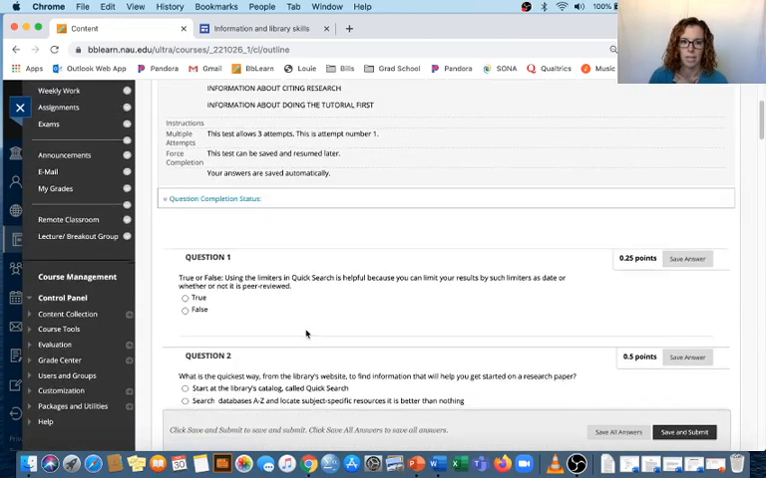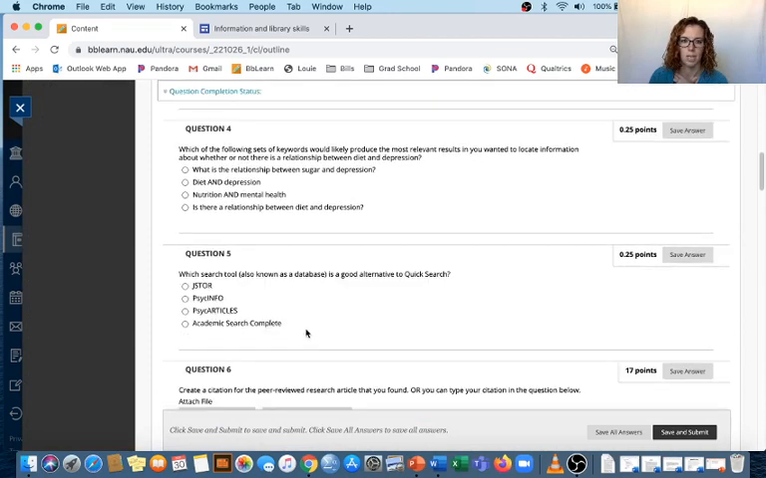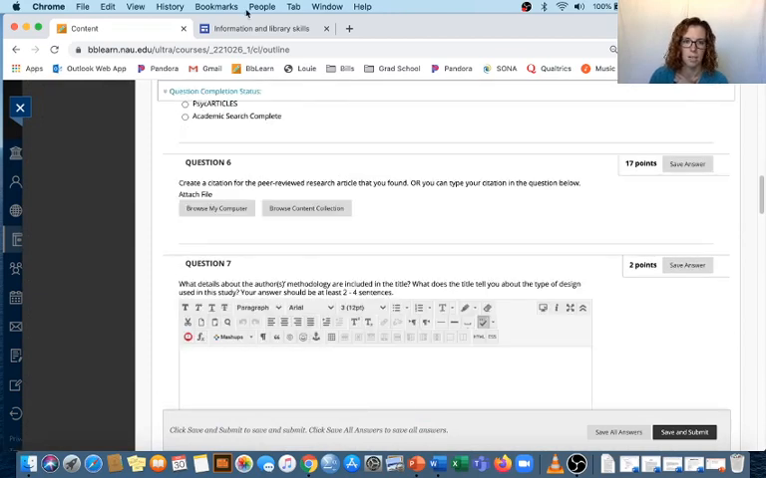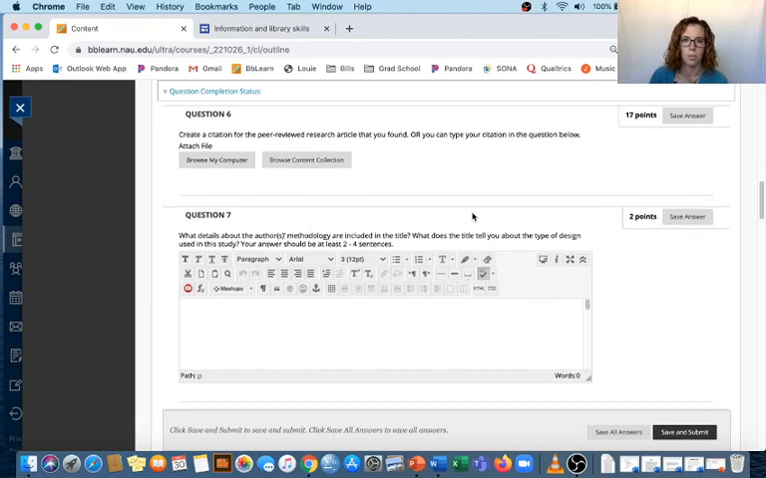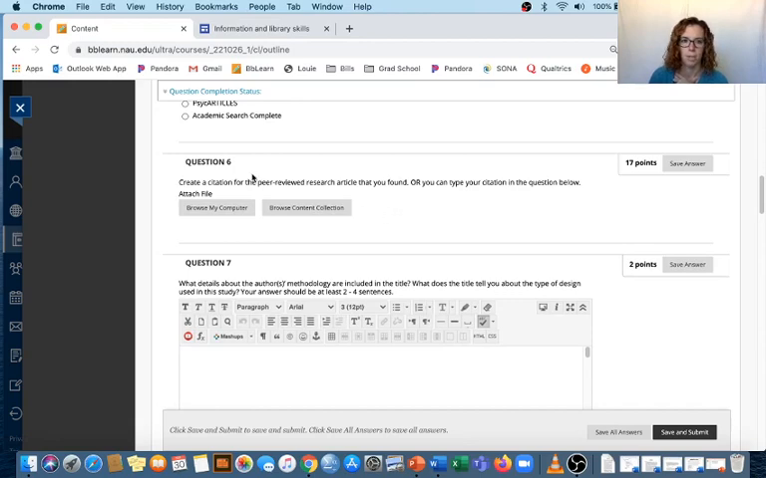Okay, so you're going to answer some multiple choice questions that are related to the library tutorial, and then you're going to find a peer-reviewed journal article. Unfortunately, this citation question is set up incorrectly, so it wants you to attach a file. What I would prefer you do instead of attaching a file here is actually just type your citation in the question below. So go ahead and put it in question 7 because otherwise you're going to have to attach some document with your